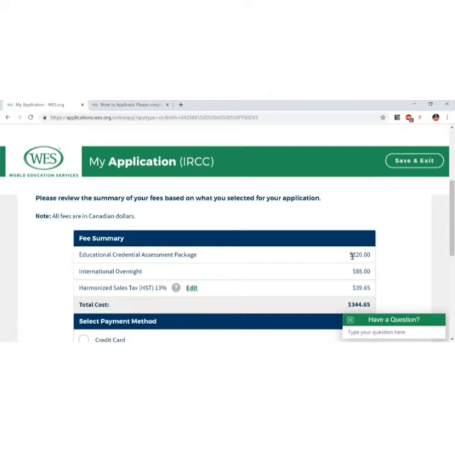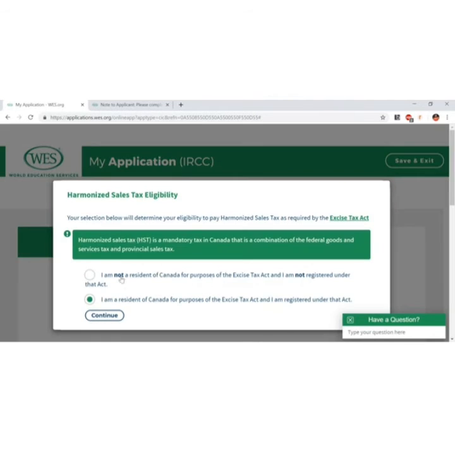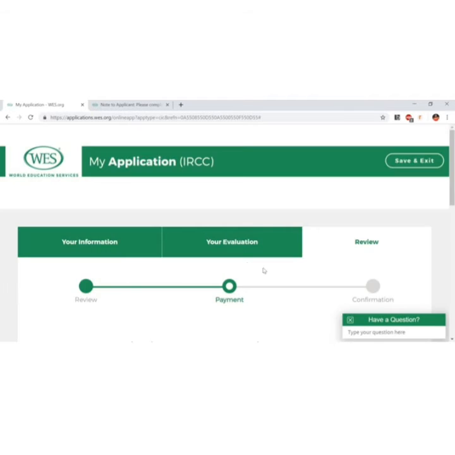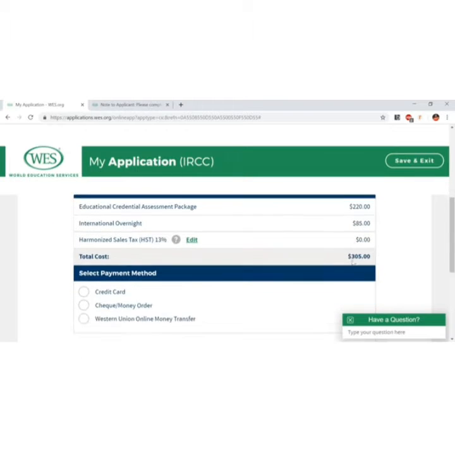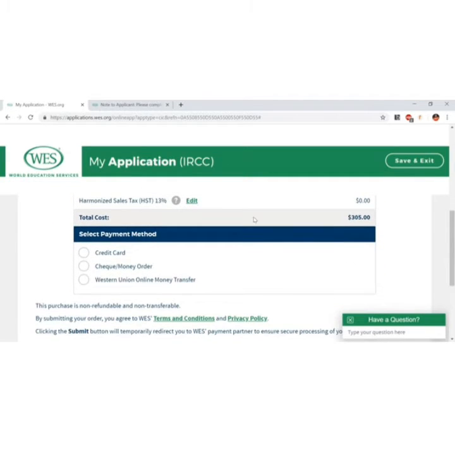See, you can see here 220, which is the ECA fee, $85. Sorry, I think I selected the wrong option. I am not a resident of Canada. Continue. See, this has come to zero. Total cost is 305. So you have multiple payment methods: credit card, check or money order, and